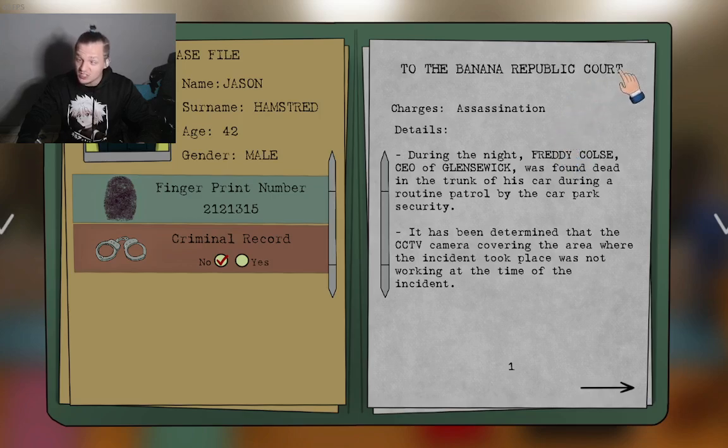The assassination. During the night, Freddie Cole, CEO of Glenswick, was found dead in the trunk of his car during a routine patrol by the car park security. It was determined that the CCTV camera covering the area where the incident took place was not working at the time of the incident.